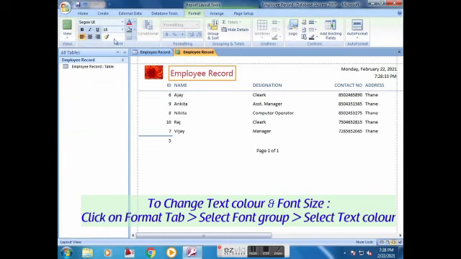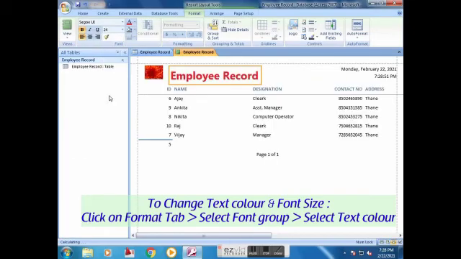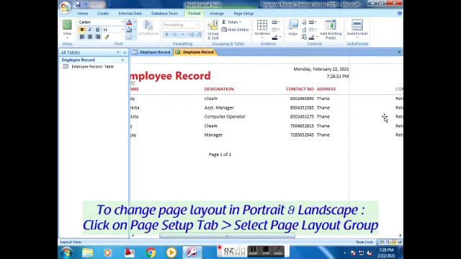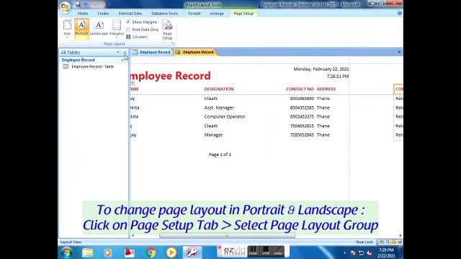To change the text color and font size, click on the Format tab, select the Font group, and select Text Color. Change the page layout in Portrait and Landscape. Click on the Page Setup tab and select the Page Layout group.